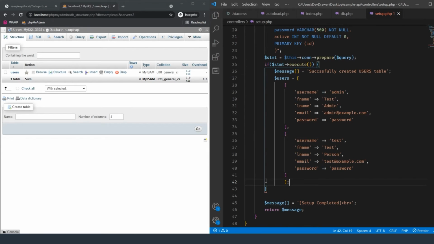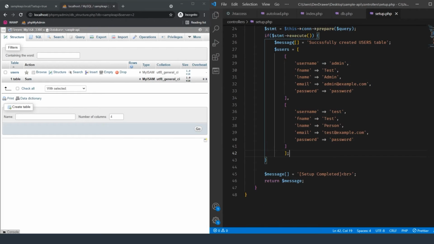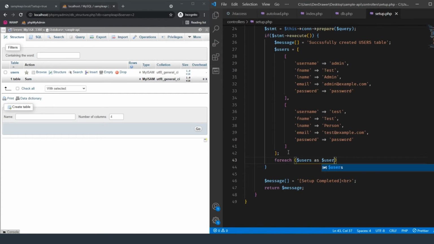Let me go ahead and close that out so it eliminates that message. Okay, so now we have our two users, and we need to now loop through this user array. So we're going to do foreach users as user,